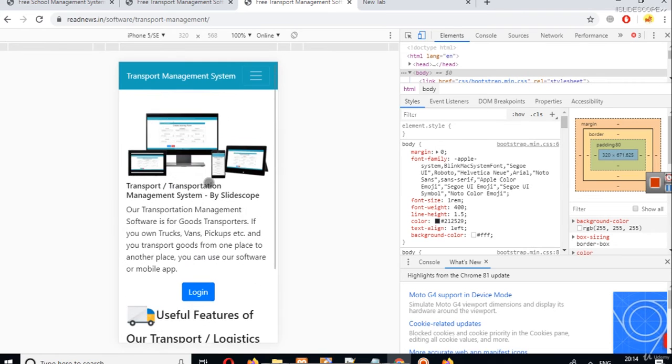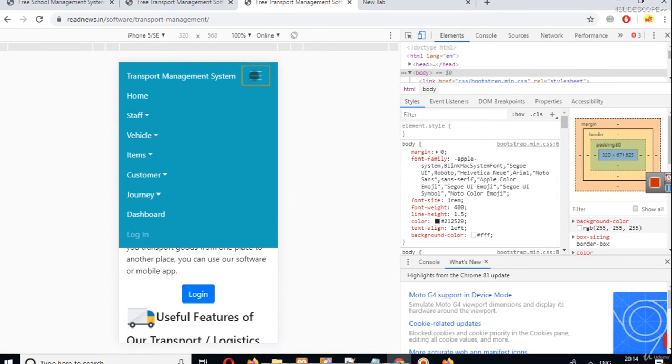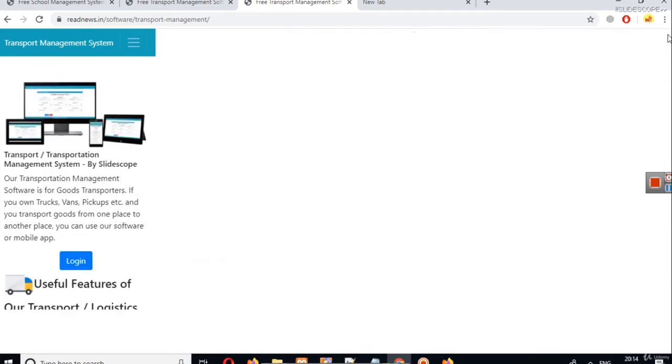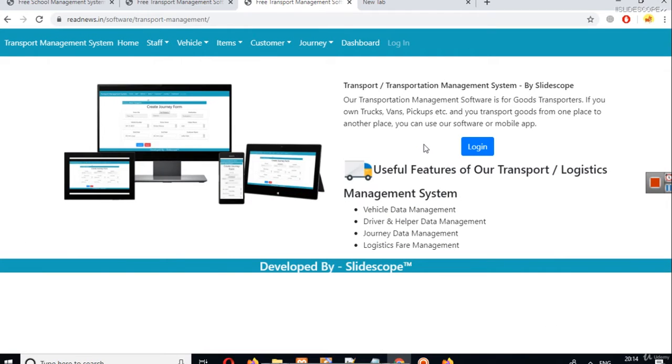So this is the view in iPhone 5, and you can see the type of menu has also changed here. Using some properties of CSS, we can achieve results like that. Our web page will look different for mobile screens and different for desktop screens. And this is one benefit of CSS.